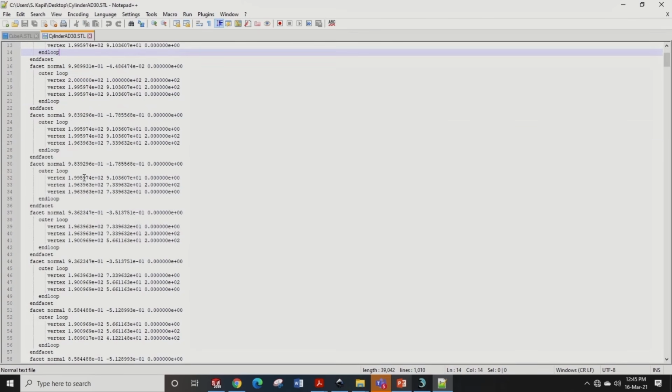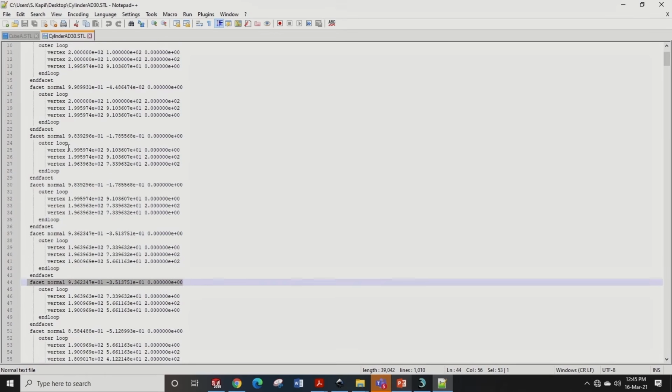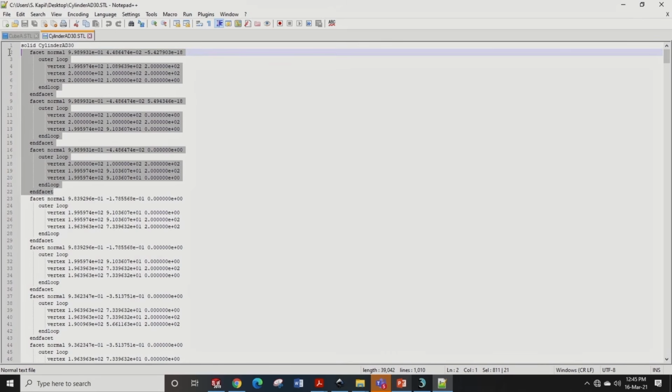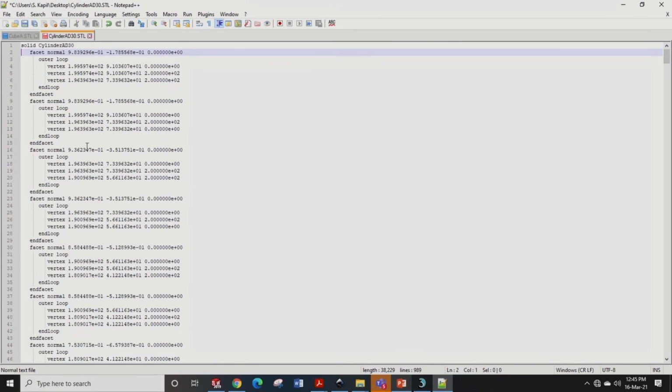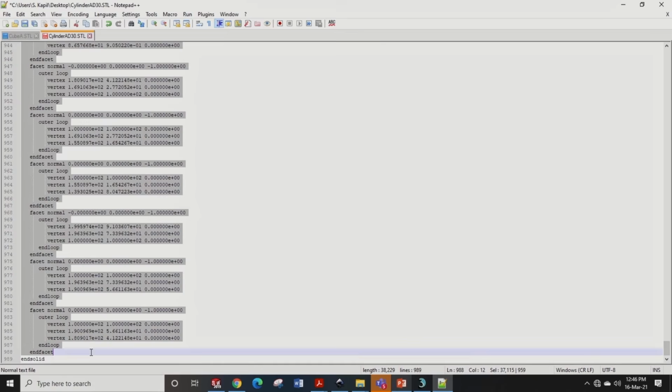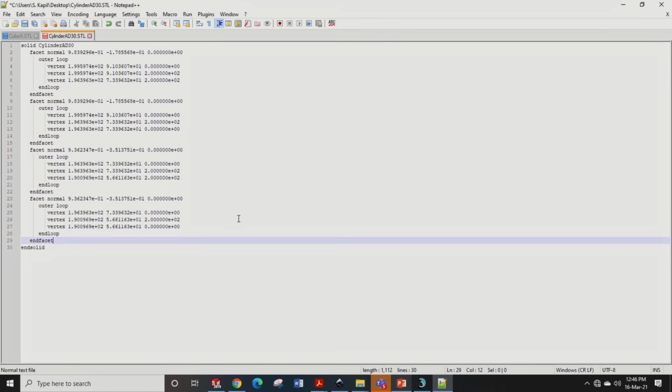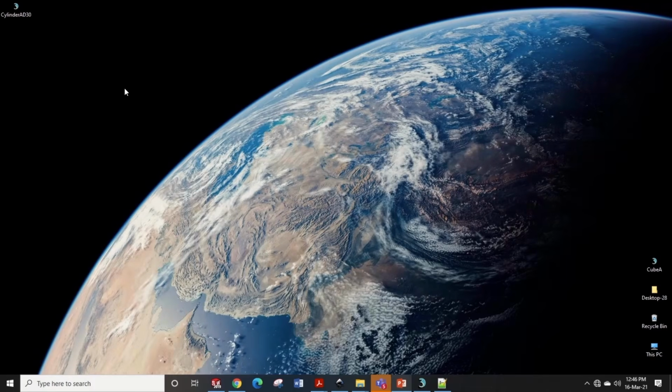Now you can observe here, if I just take this example, this facet normal is the same as this facet normal, and this facet normal is the same as this facet normal. So let me delete the other triangles for the time being, and then open the file. Let me reopen the file now.